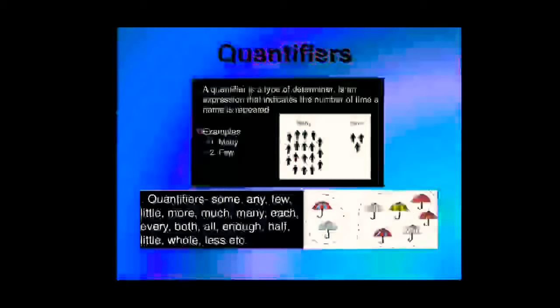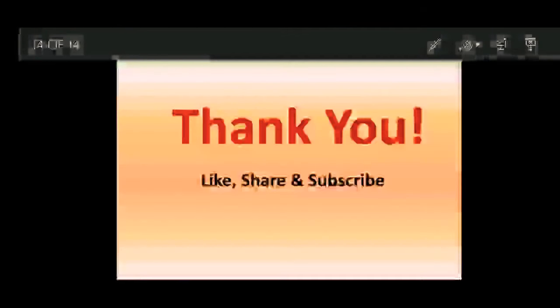Next we have quantifiers. Quantifier means here we will talk about quantity. A quantifier is a type of determiner. It is used to show the number of times a noun is repeated. So we have quantifiers like some, any, few, little, more, much, many. In fact, each, either, both, all, enough, half, little, whole, less, etc. So I'm sure